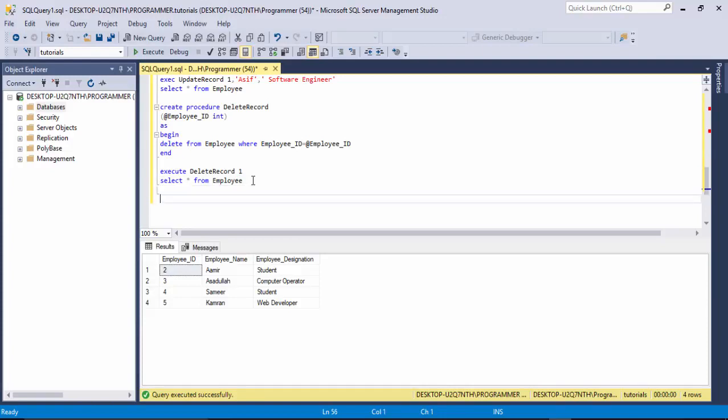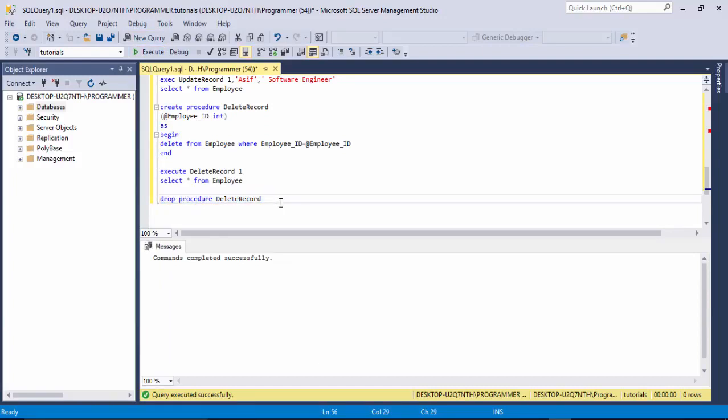So what I can do, guys, the first step is you need to write the drop keyword, then the procedure keyword, and enter the procedure name you want to delete. So I want to delete the stored procedure delete record, so I select the query and run the query. Now we have successfully deleted the stored procedure with the name delete record. Now I use the execute command to delete another record. I can't do that. Now guys, you can see, could not find stored procedure with the name of